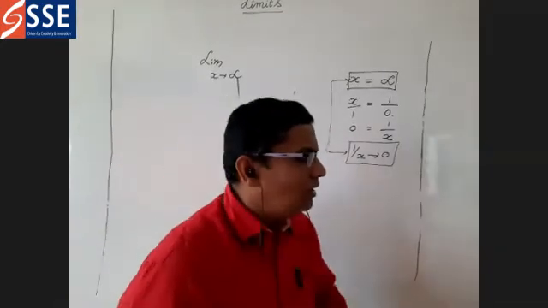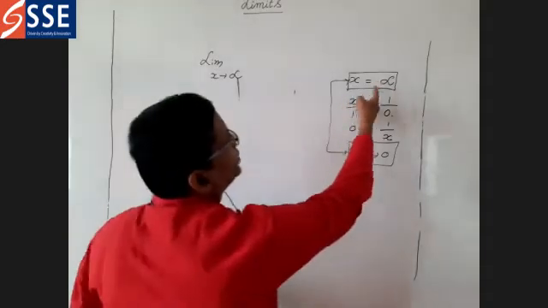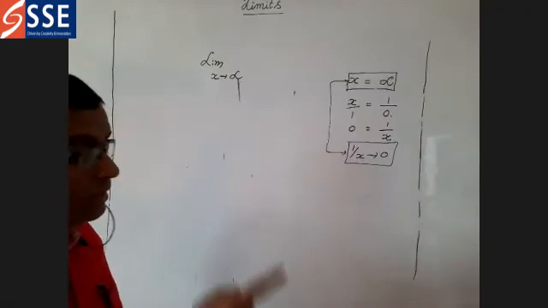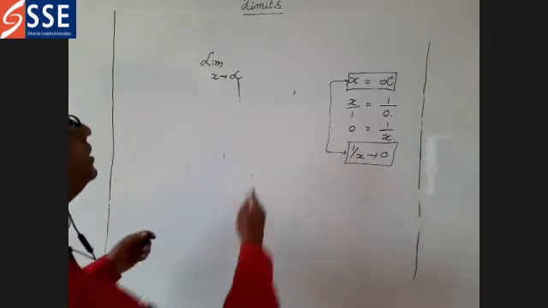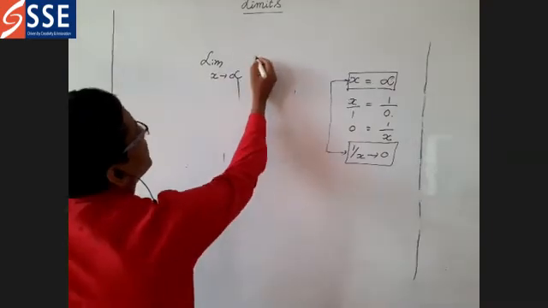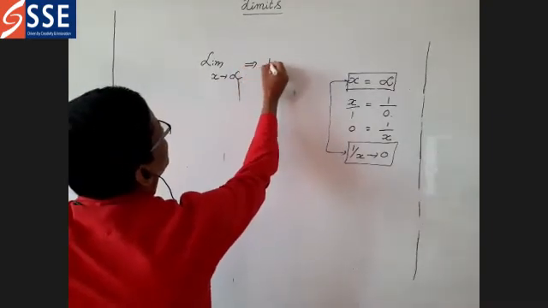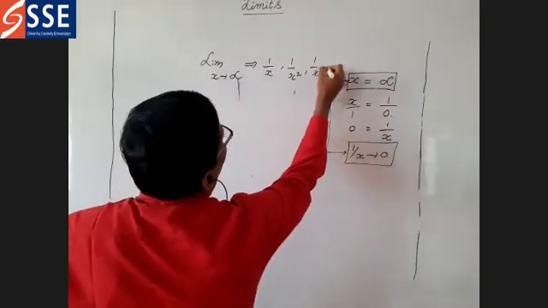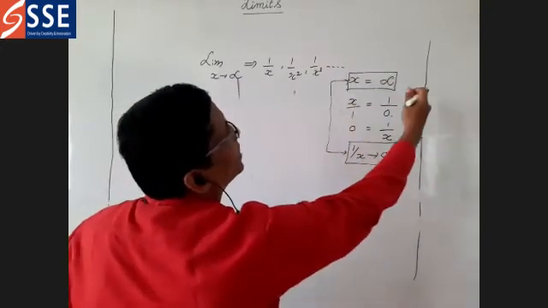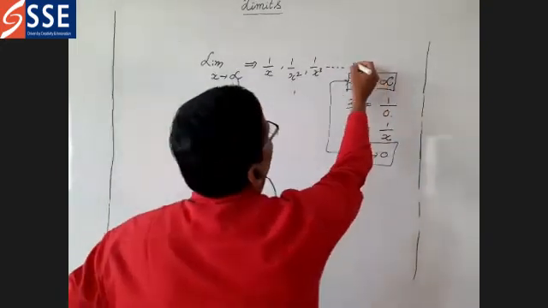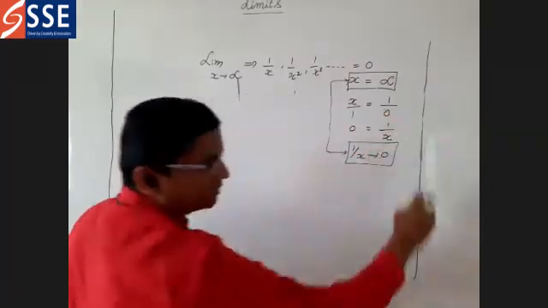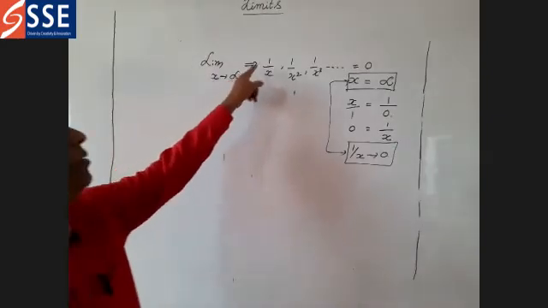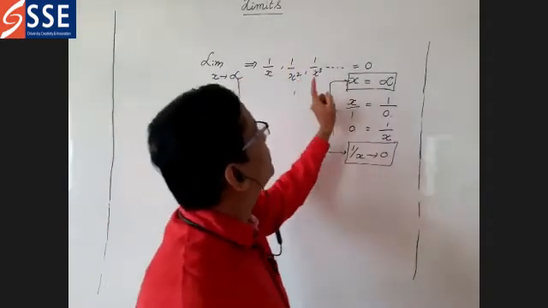And now you can go on. Do you understand this? x is equal to infinity is nothing but you are going to substitute 1 by x tends to 0. So this is the reason why we are using this. Limit x tends to infinity, if it is the case, then you must know that 1 by x, or 1 by x square, 1 by x cube, whatever 1 by x you get, all the values must be equal to 0. Remember this. Wherever limit x tends to infinity is there, better substitute 1 by x, 1 by x square, 1 by x cubed as 0.